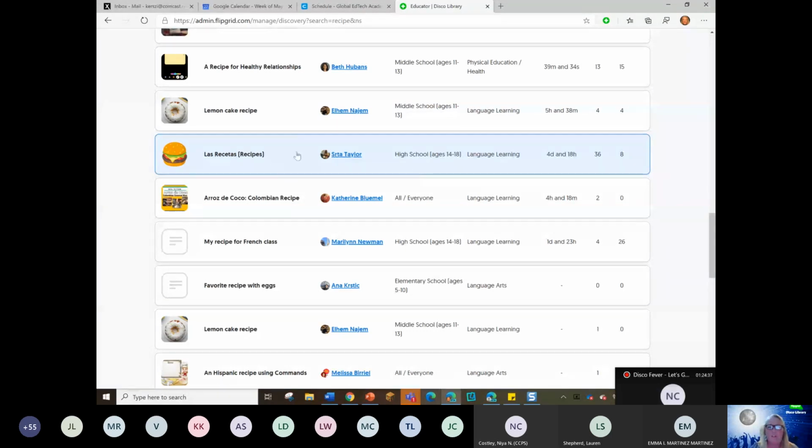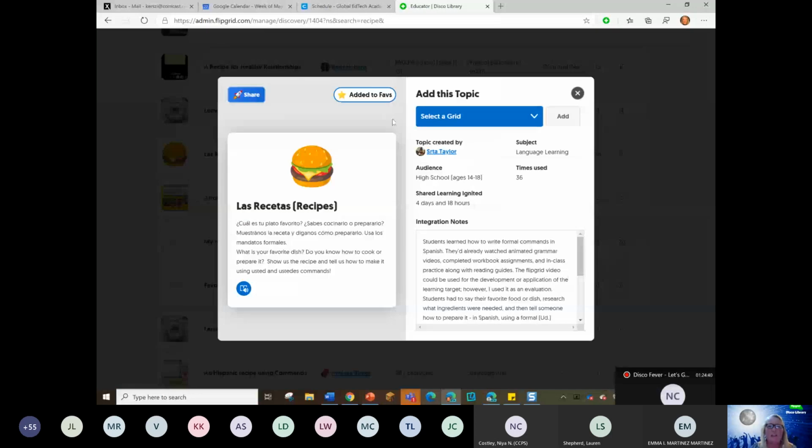And I don't teach high school, but this just caught my interest. So I'm going to take a look at this and look at this use of Flipgrid. Clearly, this is a Spanish teacher. And what she's done is she put these directions in Spanish. She followed up in English with these directions, and I assume she wants her English students to practice speaking Spanish, or perhaps vice versa, but they're going to practice speaking it on Flipgrid. So practical, such a great use of Flipgrid. I love it for English language learners because they're practicing actually speaking and communicating in that language.